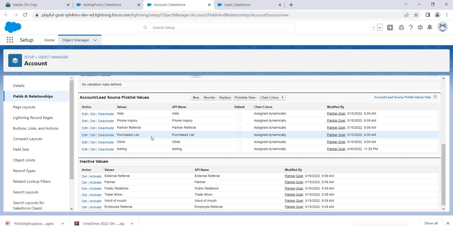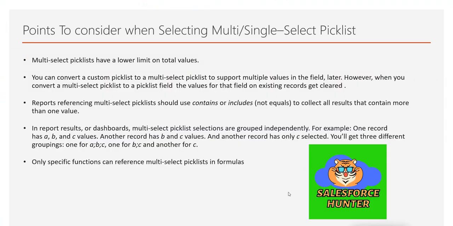Let's see some other points regarding picklist. Let's discuss a few points before we move further on this. So let's discuss a few points in multi and single select picklist. Multi-select picklist has a limit on total values. Basically, the total number of values that we can add in a multi-select picklist has a limit. I will share the link on the limit of picklist in the description, so you can check that out. You can convert a custom picklist to a multi-select picklist to support multiple values in the field,